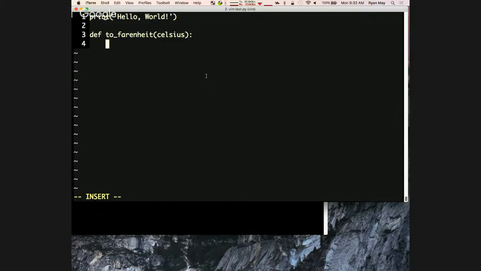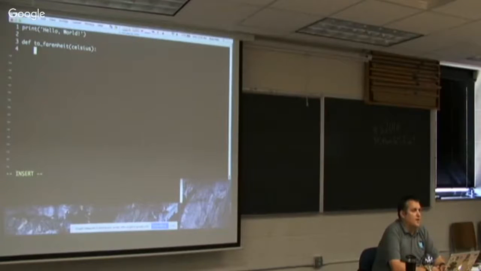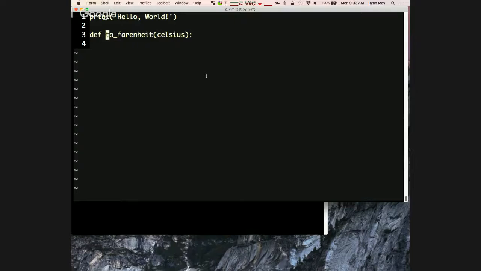So what I'm doing, and for those of you who haven't seen Python before, I'm making a function. So defining a function. In Python, that starts with the def word here, so def space, and then I give it a name for the function. And I tell what arguments it's going to take. In this case, I'm calling the one argument Celsius, and then we put a colon at the end of the line.